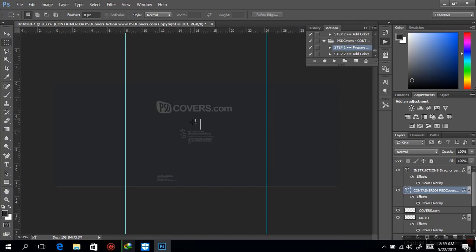All right, now this is what I have. I have psdcovers.com and some instructions. I actually don't want to see these things when I finish preparing my container, so I'm going to locate them as much as possible from the layers panel of my Photoshop. I'm going to scroll down. I have the first place, the container. Either I lock it up,